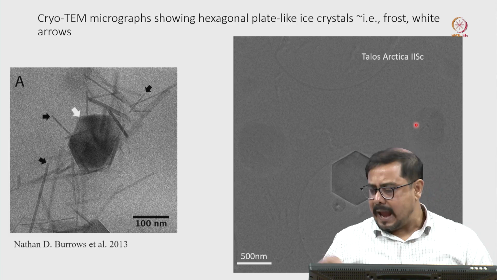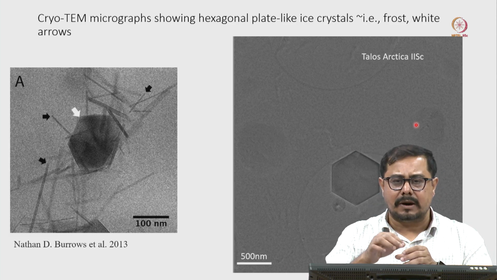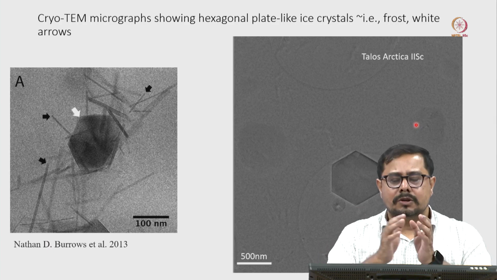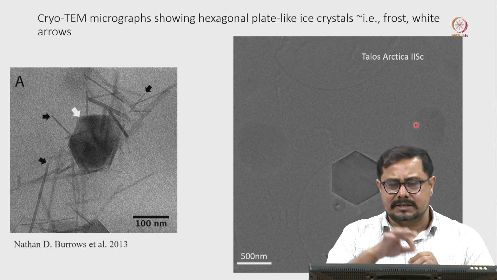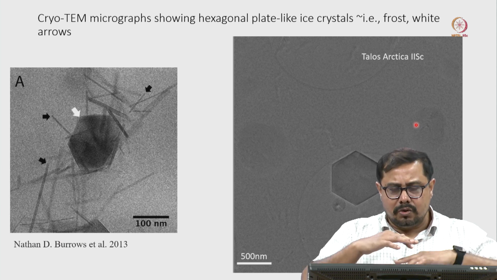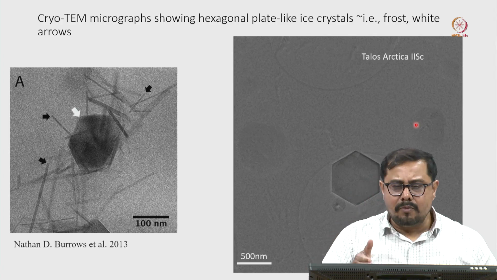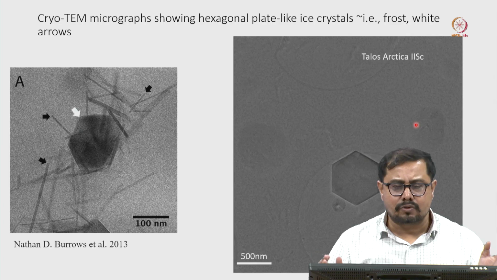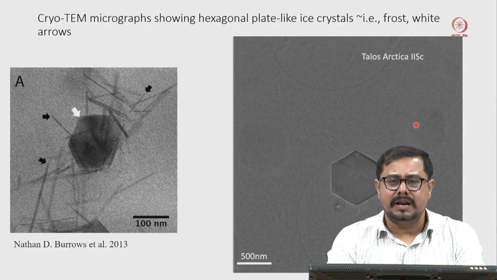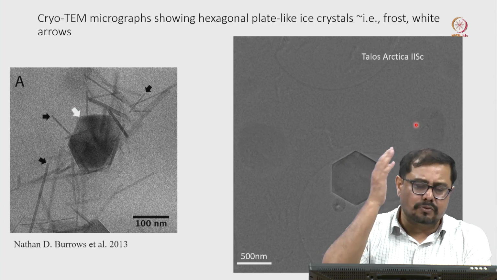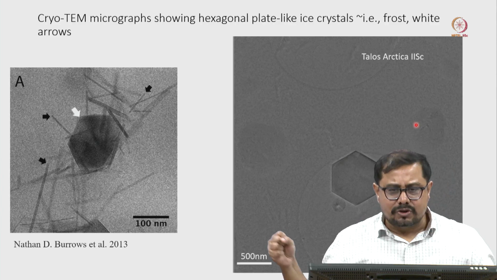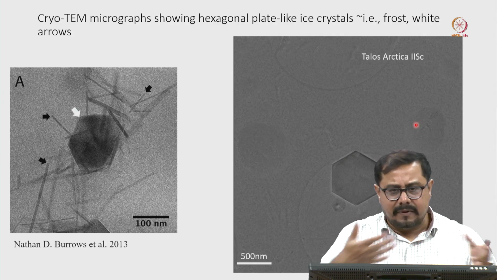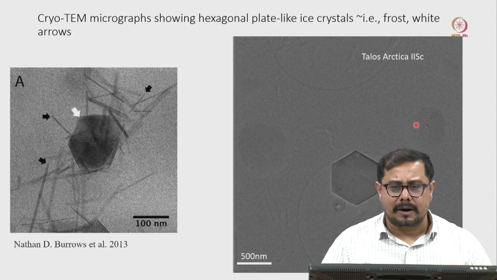So if there are handling issues, if we are not transferring our grid properly from one position to the other, and if we are very slow, then because of this temperature change it is going to change the pattern of the ice. One more possibility is that the temperature of the ethane is not minus 180, maybe somewhere around minus 80 or minus 90 degrees, and we started freezing. So it cannot absorb the heat properly, and then it can form that crystalline, uneven ice, which we can see in our slide.